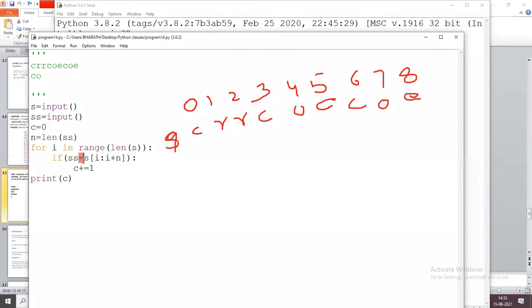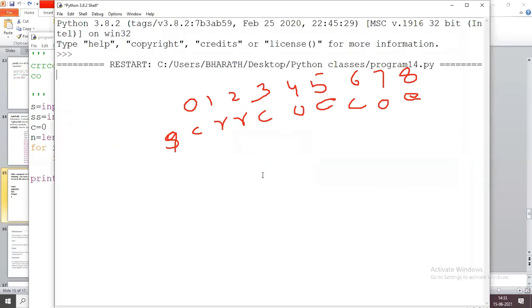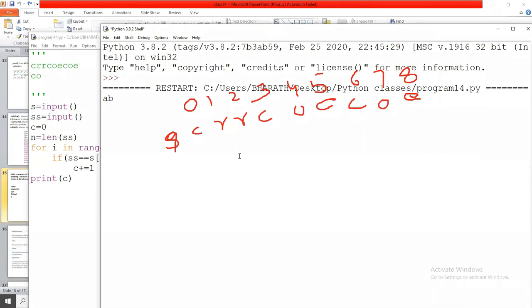S equals, sorry. ABC, DC, CDC. And I enter the substring CDC. So what is the expected output? 2. CDC here, another CDC. Okay.